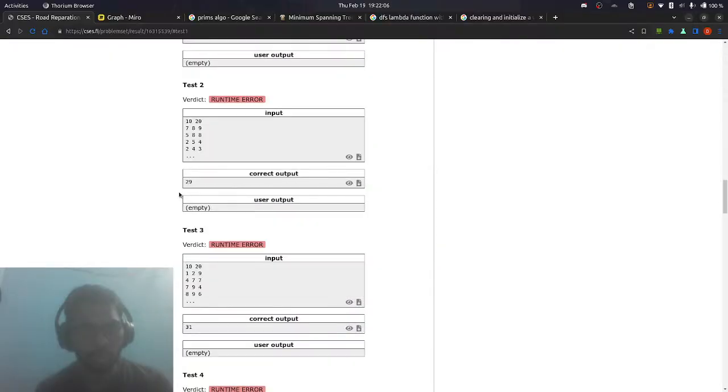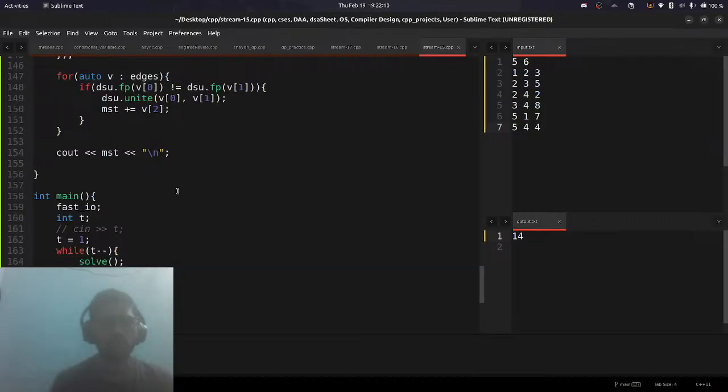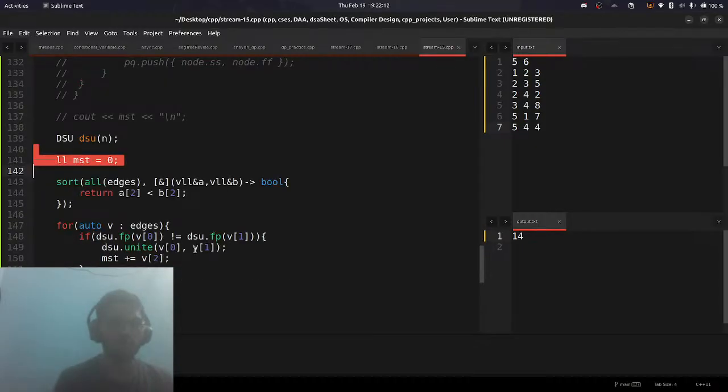Empty. Okay, so impossible output. I have not turned. Will it be impossible? Again,